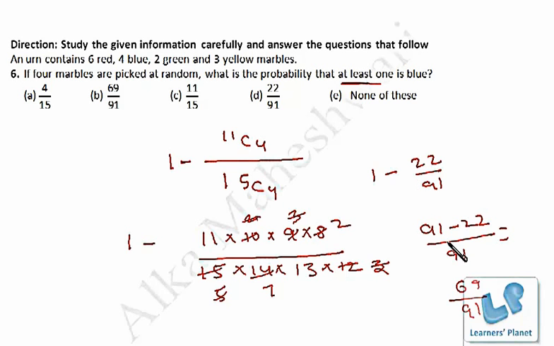And just learn to solve the combination problems quickly. 11C4: if it is 4 over here, reduce 11 up to 4 steps, that's 11, 10, 9 and 8, divided by 4 factorial. Similarly here we have 4 factorial, so both of them will be cancelled. So 15C4 will be what? 15 into 14 into 13 into 12 by 4 factorial. This 4 factorial and this 4 factorial will be cancelled, right? So precisely this much calculation should not take more than 40 to 50 seconds. Okay?